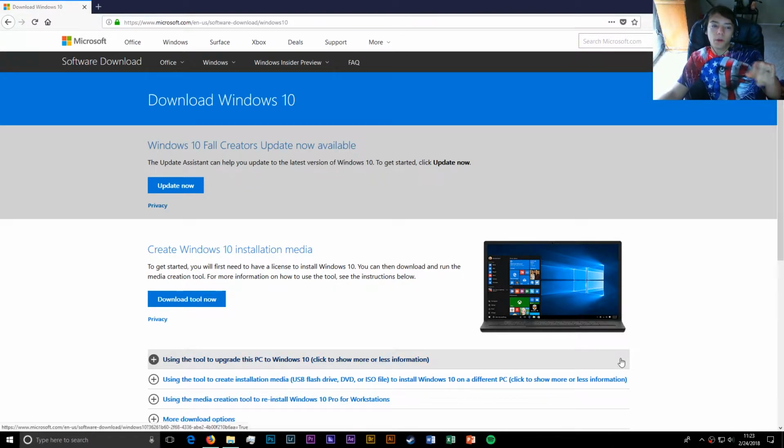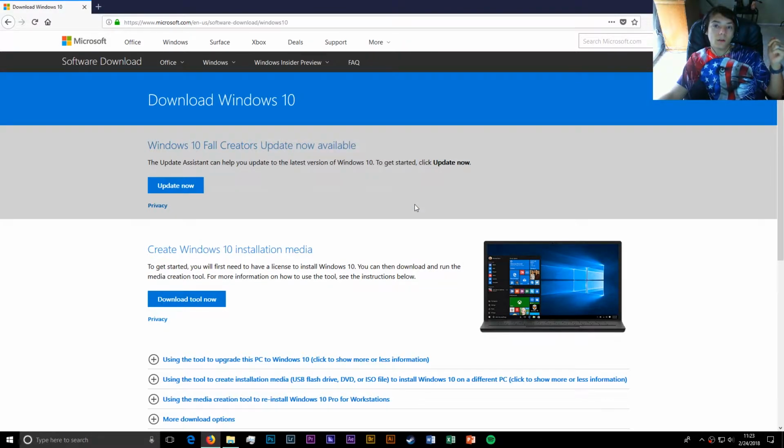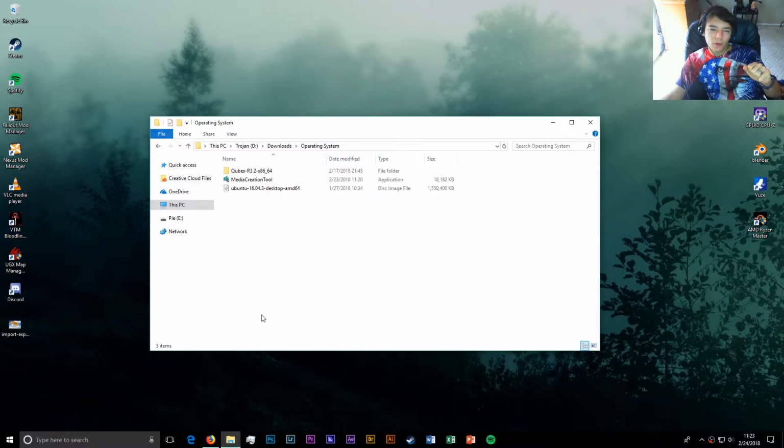You will have to go to the download Windows 10 page from Microsoft. I'll have the link in the video description. Just download the tool and save it, and then after you've saved it, go to where it's downloaded, run it, click yes,